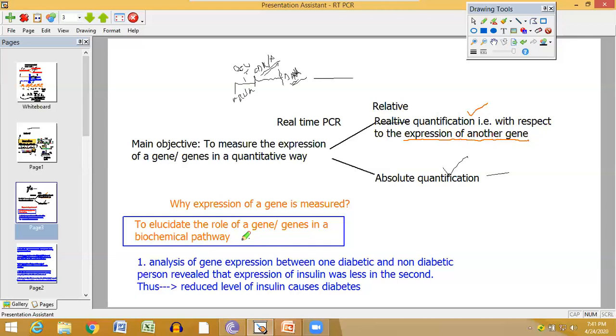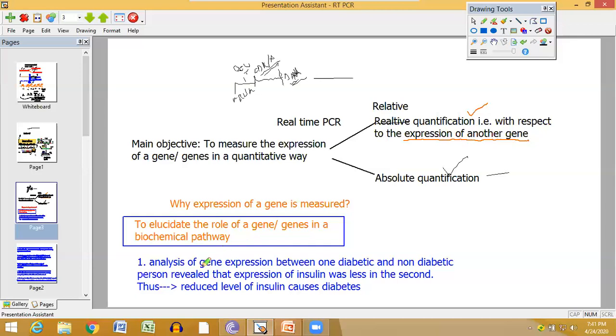So everywhere we need to see which gene expression is altering and how it is altering. And then we can design the drug accordingly, which can block the gene, or which can activate the gene, or which can restore the function of the gene, or which can mimic the action of the gene. So in this way, measuring the expression of the gene is everything in our medical science field or pharmaceutical science field or biochemistry field to understand the function of every biochemical and physiological pathway.